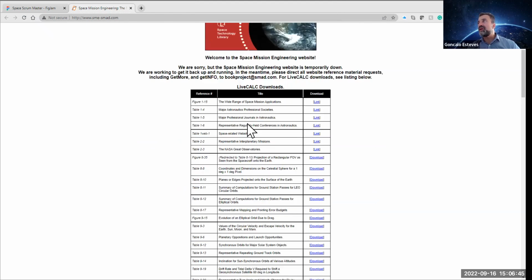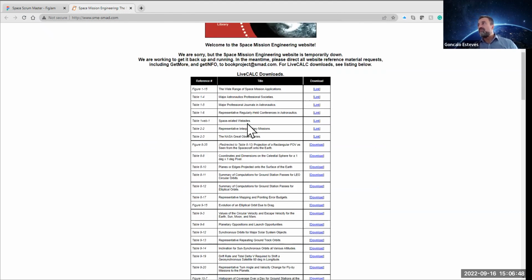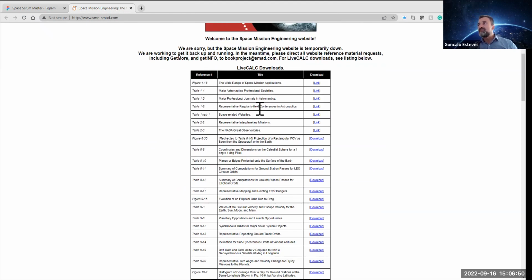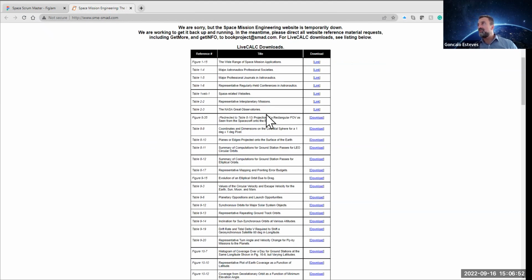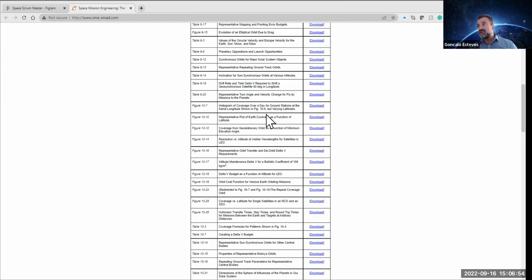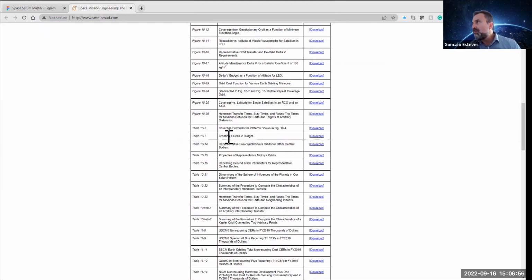The brutal thing is the overall amount of links, the amount of information. These are just the tables. Things like how to create a delta V budget. Delta V budget is how you transfer from one orbit to another, and you hit download, and then suddenly